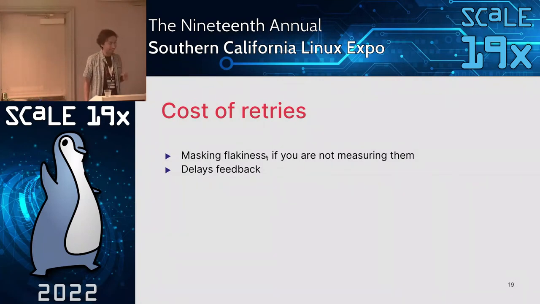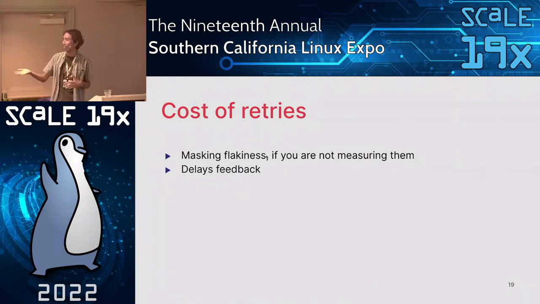Now, the downside of retries is, one, that it masks the flakiness. This is usually the number one reason people hesitate to use logic like retry to hide flakiness, because if you're not measuring it, people incorrectly assume that the tests are not flaky and let the problem linger. But another key problem is that it delays the feedback, because the retry